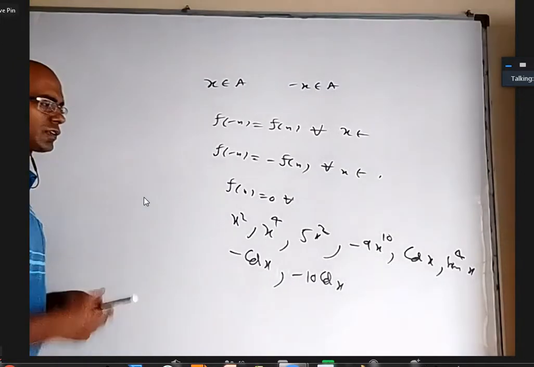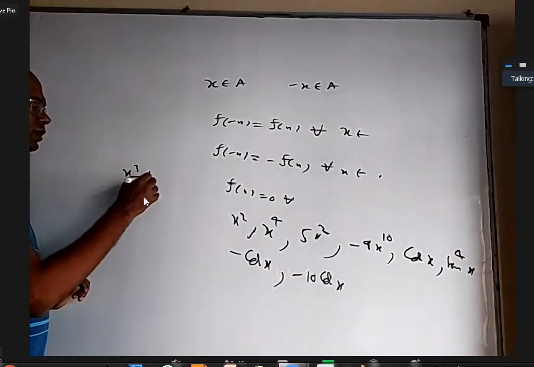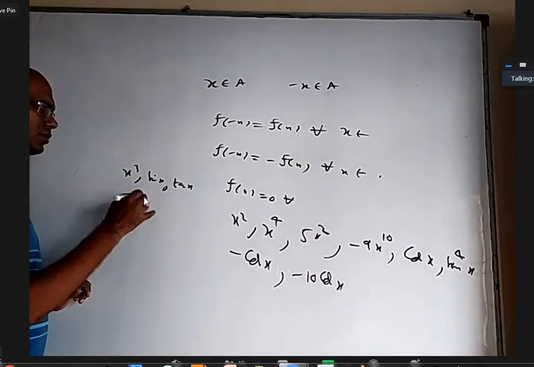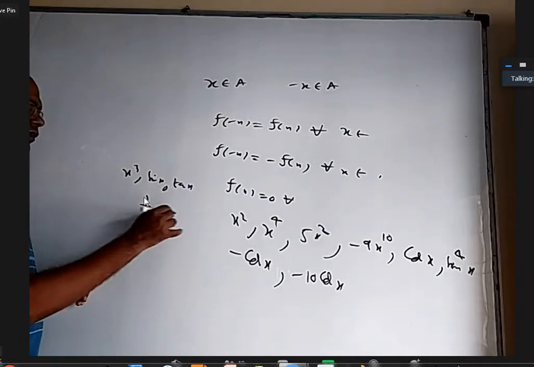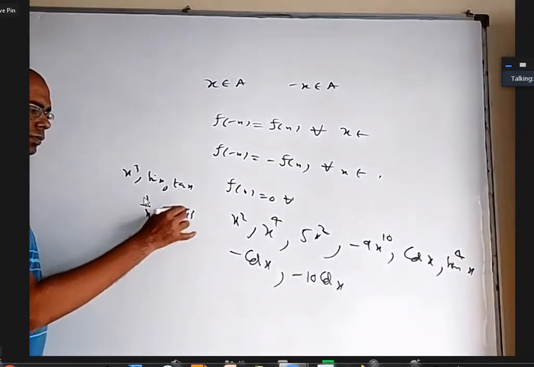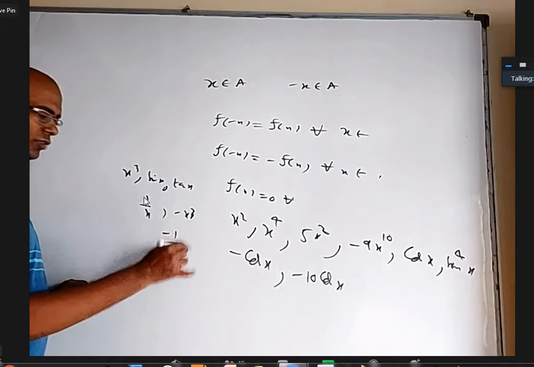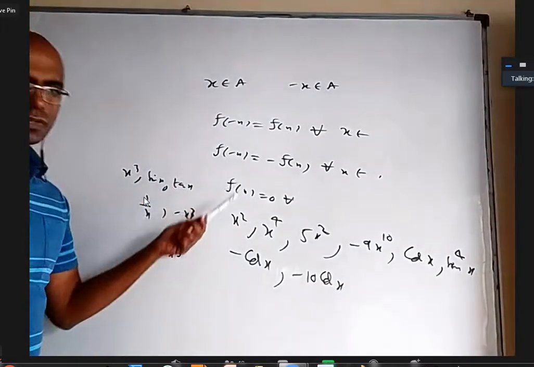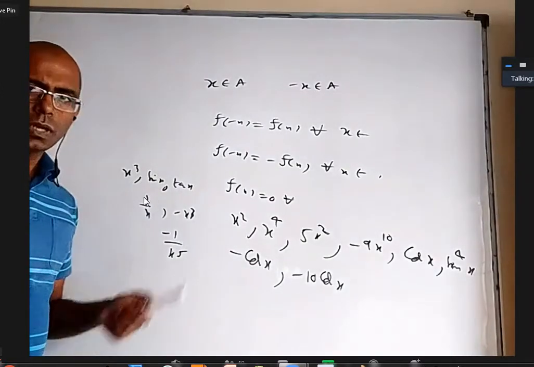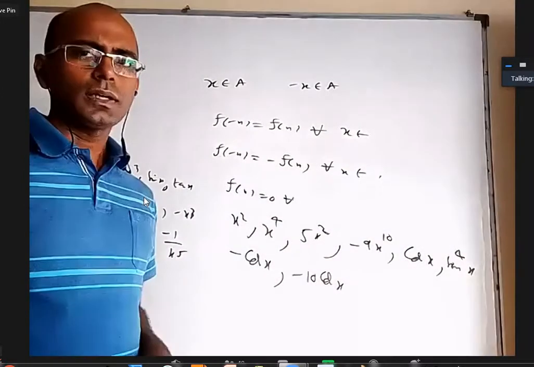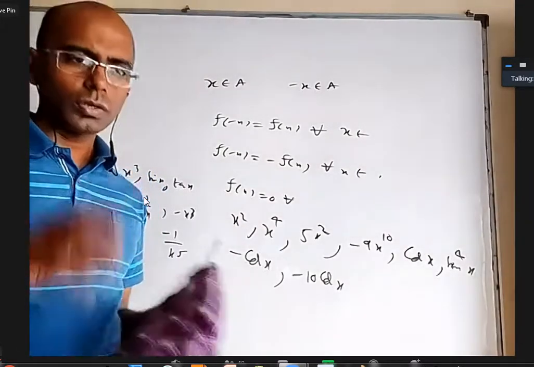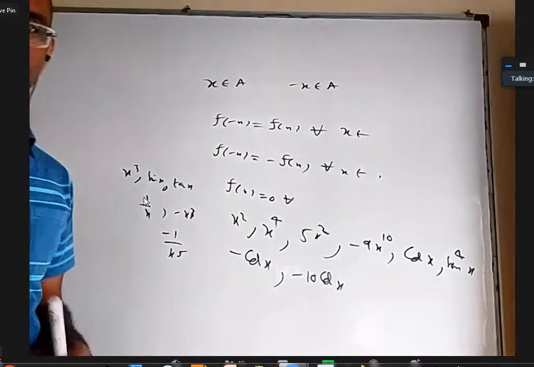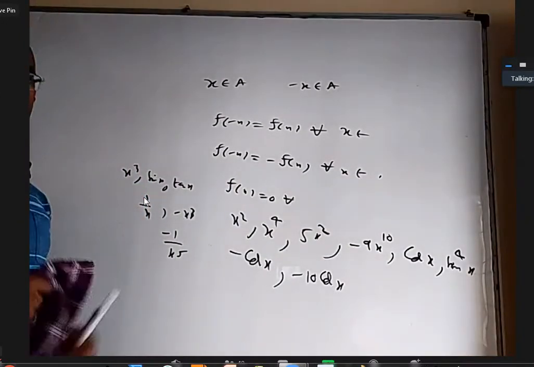And odd functions like x cube and sine x and tan x and 1 by x, or even minus x cube or minus 1 by x power 5. In all these functions, when you replace x with minus x, you'll get negative of the original function. So they're all odd. I also gave one or two examples where directly they don't look like even or odd. You have to do little calculation and simplification and then understand whether it is even or odd.